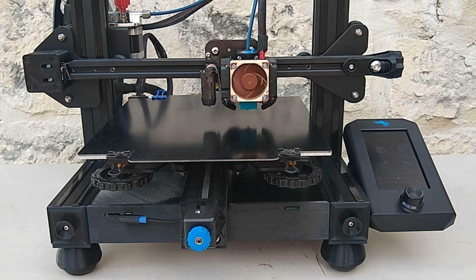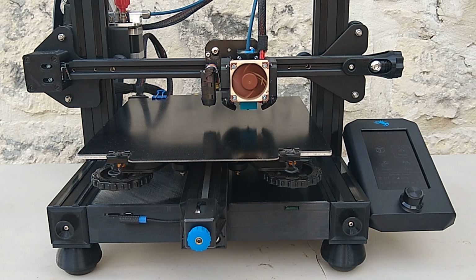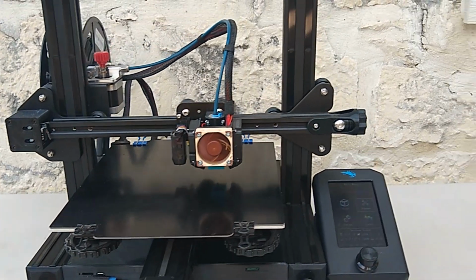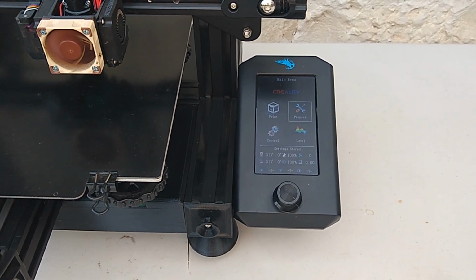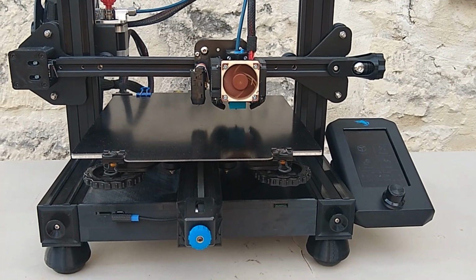Another awesome upgrade that I did to it was the dual gear extruder from Micro Swiss. Again, fantastic performance, no skipping, nothing, just perfect. Currently we're running Gyres firmware on it, and in my opinion I feel that this is the limiting factor. So what we're going to do today is go through the steps of installing Klipper onto the